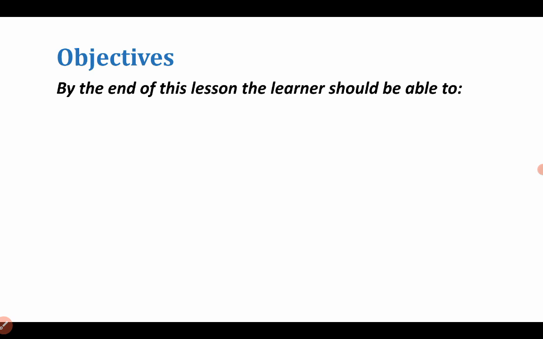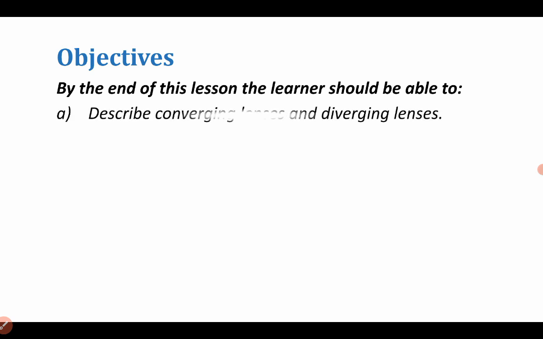These are the objectives of the topic, light and lenses. So what is it that you should be able to do when you have fully covered this topic? By the end of this topic or lesson, you should be able to describe